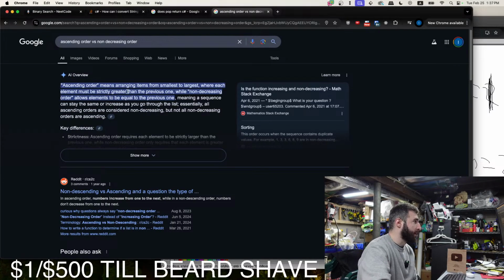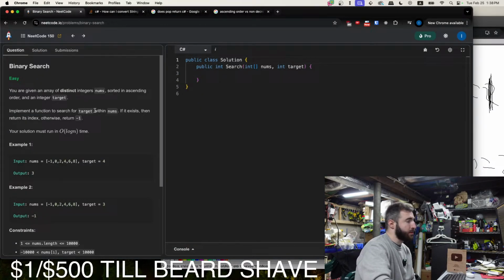Ascending order means arranging items from smallest to largest, where each element must be strictly greater than the previous one, while non-decreasing order allows elements to be equal to the previous one. And this question does mention that they are distinct integers, so that is ascending order.